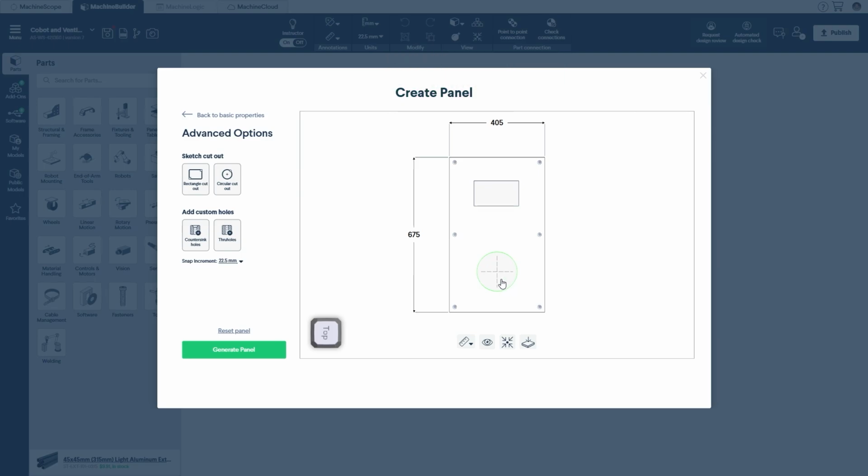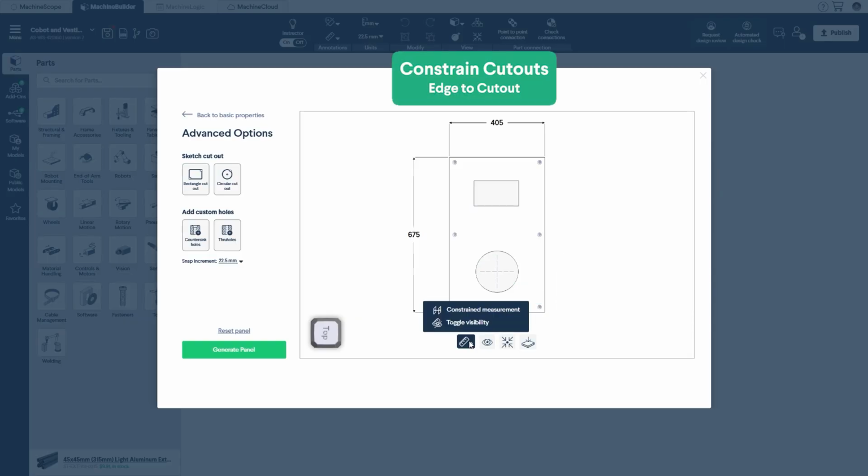Resize a cutout by clicking it and editing the dimension field. Press Enter to confirm. Constrain the position of the cutouts by using the measurement tool. Start by selecting Constrained Measurement, then select a panel edge as a reference point, and from there, select the cutout